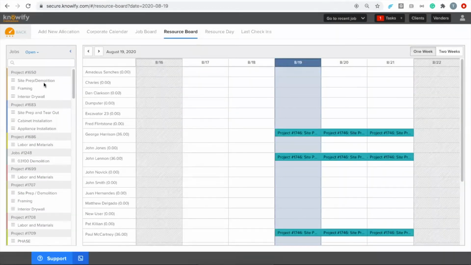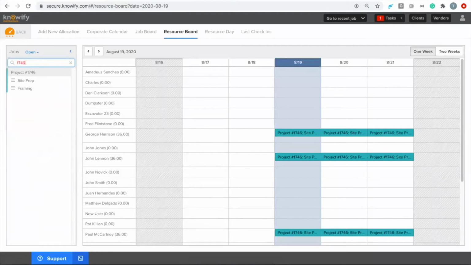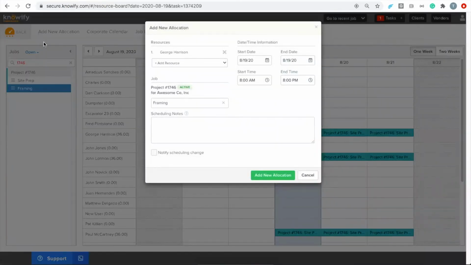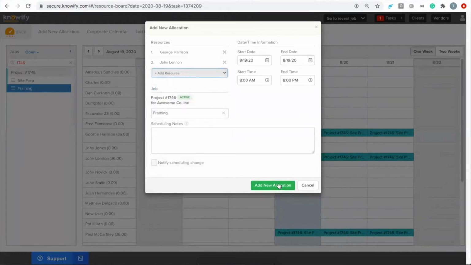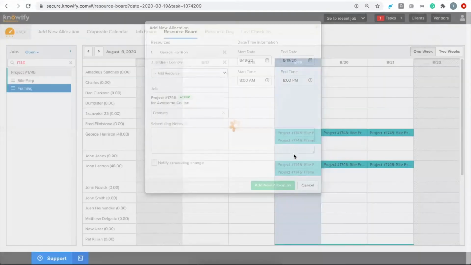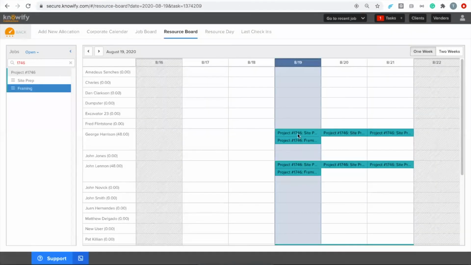You'll see that the input is very similar, where I still have that same add allocation feature. But instead of doing one employee's timesheet or schedule at a time, I have the option of selecting multiple. And then aside from just scheduling here, we can actually drag items around in the resource board. So let's say I have this set up for today, but I want to move it to tomorrow. I can click, drag it to tomorrow, and then it updates their schedule,